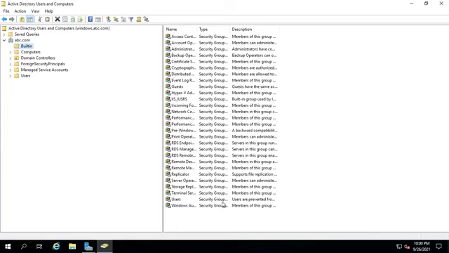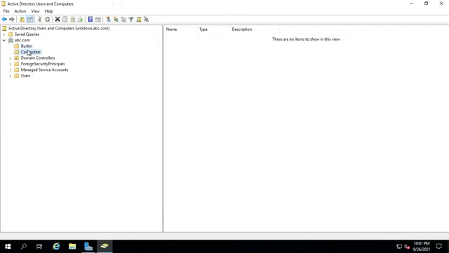These are the built-in users, built-in groups. See there, this is the name, type and description. This is Computers. If you want to add any computer to this domain, it is listed there.